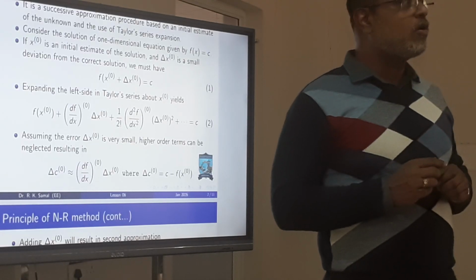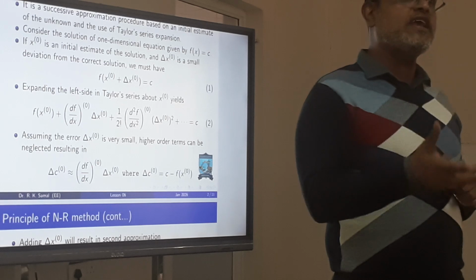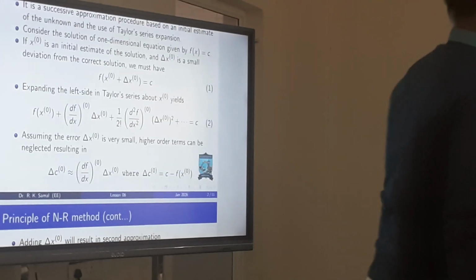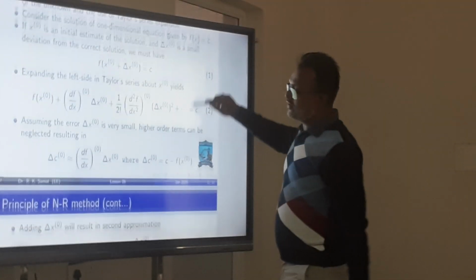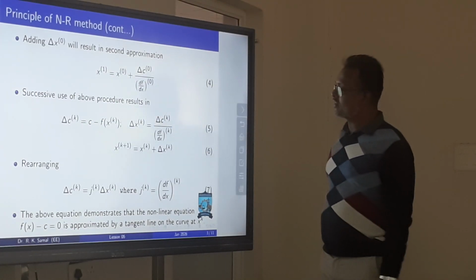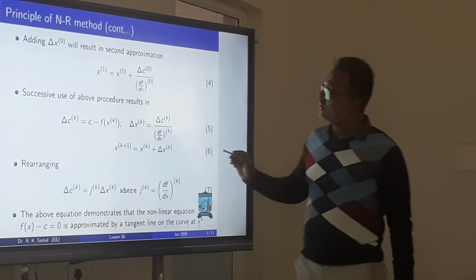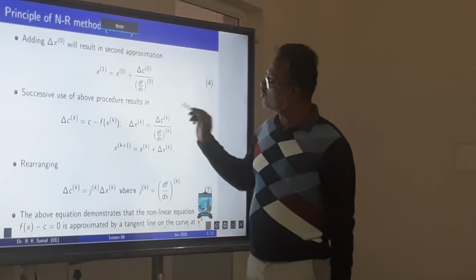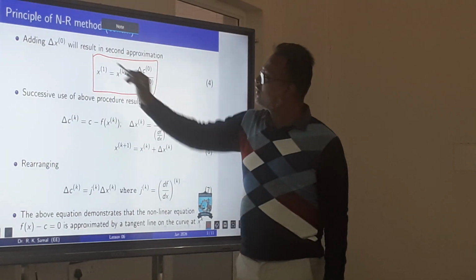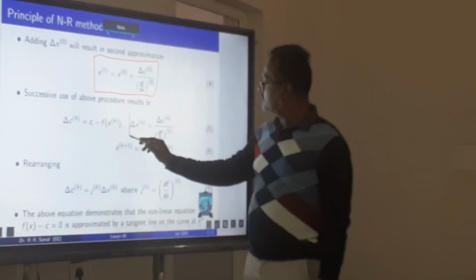Or with respect to load flow, suppose the initial power demand was 400 megawatt, but our initial guess makes the power demand 390 megawatt. So 10 megawatt is delta C. Okay, so next is the working formula. The working formula for the Newton-Raphson method is given by, from the previous slide, the formula for x1. So what you see, x1 is equal to x0 plus delta C0 by this, or in general